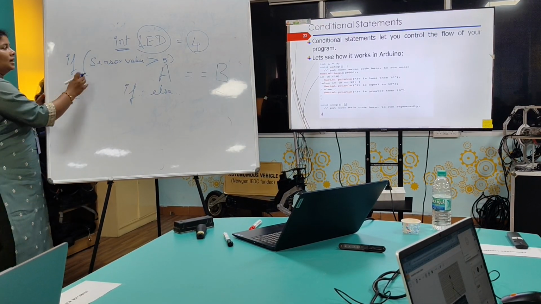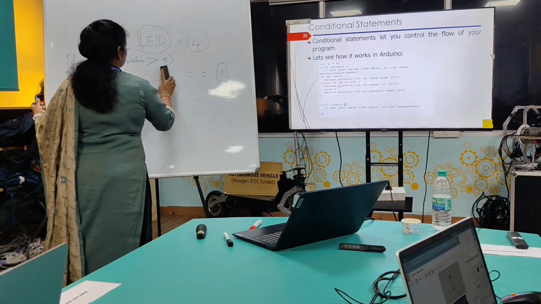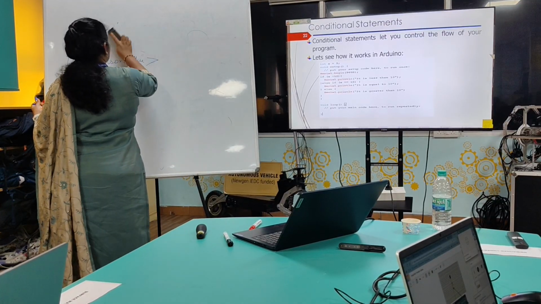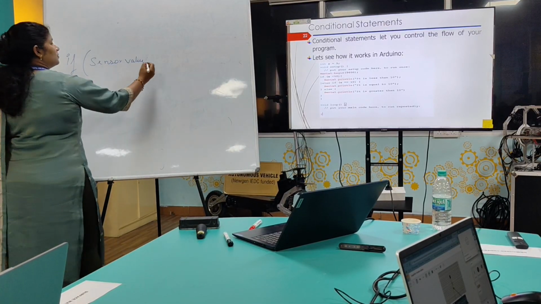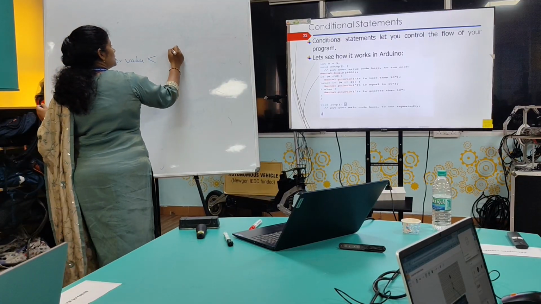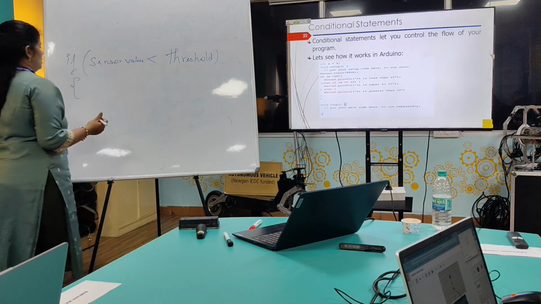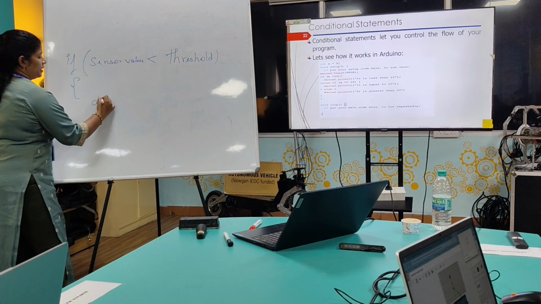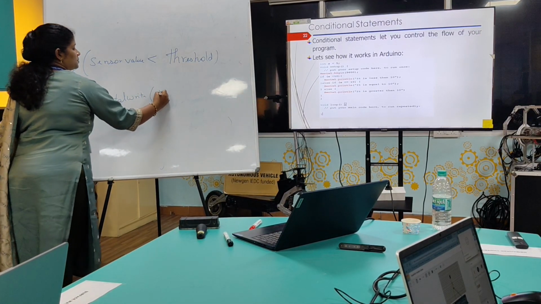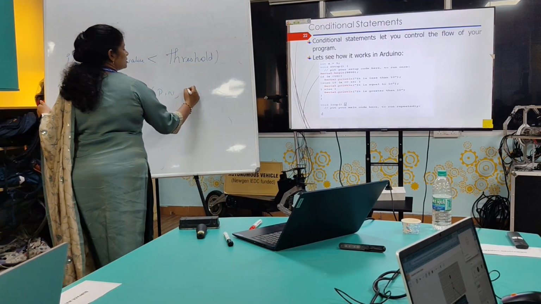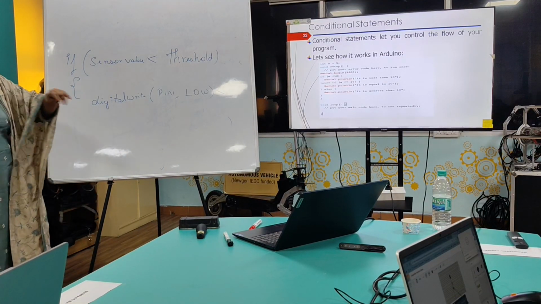So it can be as simple as, if the sensor value is beyond a certain threshold. I can say that if the sensor value is less than the threshold value, then I will write digital write, corresponding pin, turn that off, whatever pin we want.